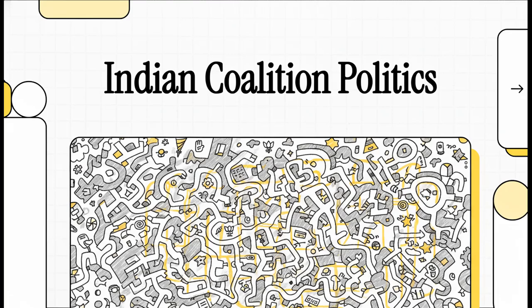Today, we are diving into something that, honestly, to the outside world, often looks like a completely chaotic, dizzying maze. I'm talking about the massive multi-party landscape of Indian politics. It seems entirely unpredictable, right? But what if I told you there's actually this brilliant, highly structured evolution hiding right beneath the surface? Well, that's exactly what we're going to unpack today. Let's reveal that hidden structure together.